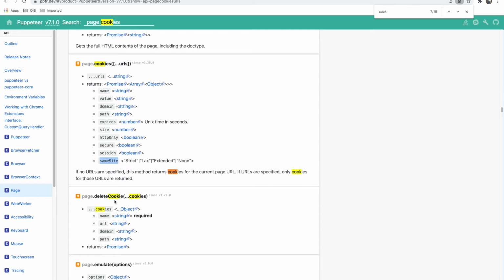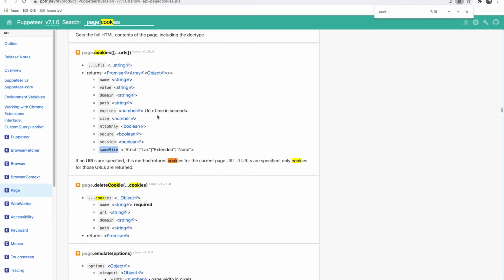The other method we have is delete cookies. Whatever cookies we have set, we can delete those cookies. This will also be helpful to check if you are allowed to delete a cookie externally or not, and you can check if cookies are getting deleted or not. And with page.cookies it will return the cookie. So if you are setting cookies for some time period, whether it is a session cookie or some other cookie, then you can automate it: after you set the cookie and after 30 seconds, or whenever you are expiring it, you can run the script again and check whether those cookies are expired or not.